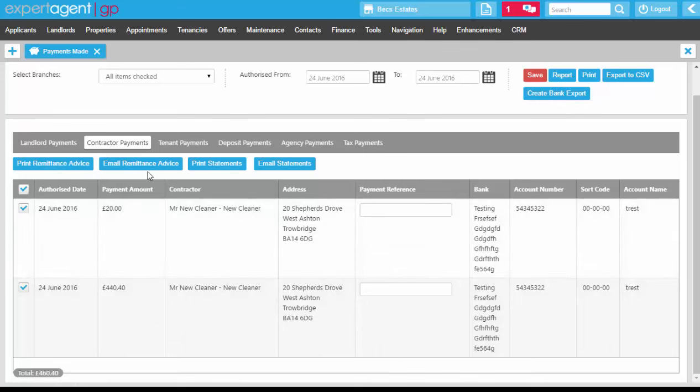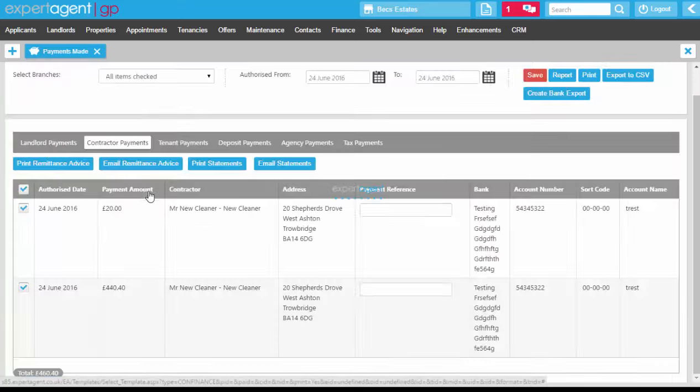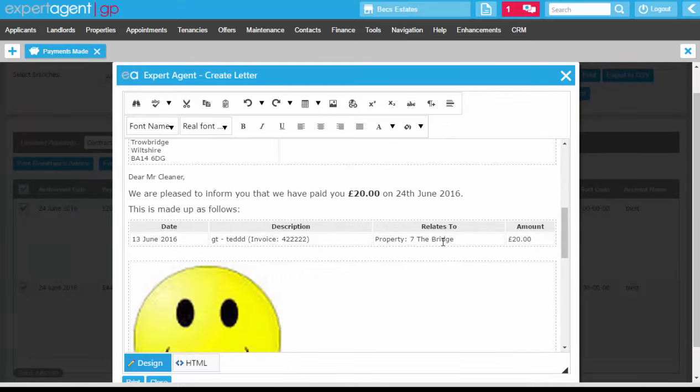You have got the option for your contractors to print and email remittances or print and email statements. We recommend that you use the remittance function for your contractors. And I'm just going to show you what that remittance looks like. So this time we're selecting our contractor remittance. And it's going to show, dear Mr. Cleaner,